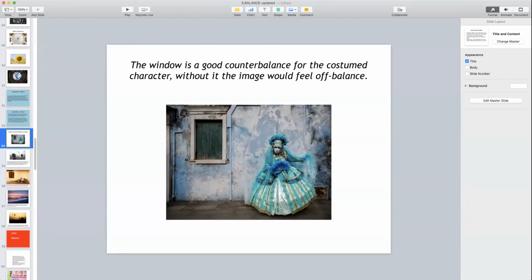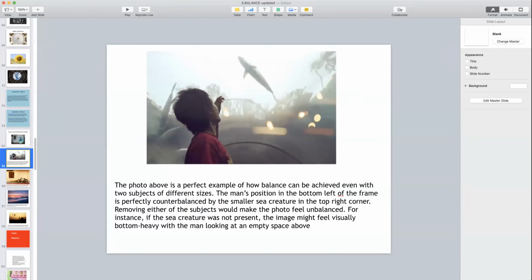Okay. Look at another photograph, another interesting photograph. Now the photo above is a perfect example of how balance can be achieved even with the two subjects of different size. छोटा सा मछली है पीछे बैकग्राउंड के अंदर, या कुछ एक्वेरियम टाइप की कुछ जगह के बाहर खड़ा